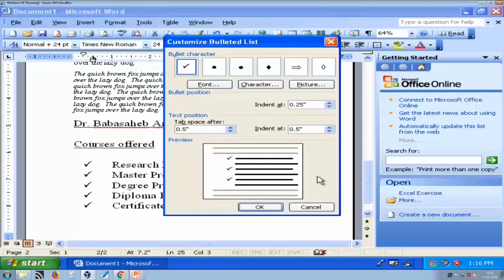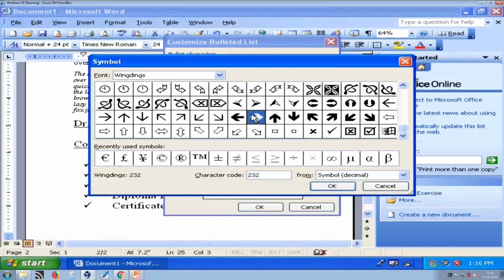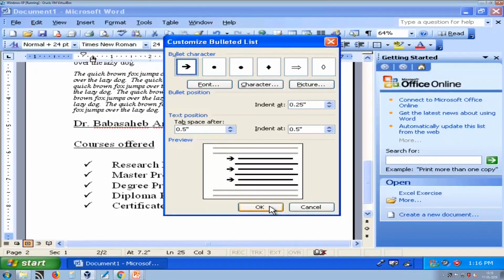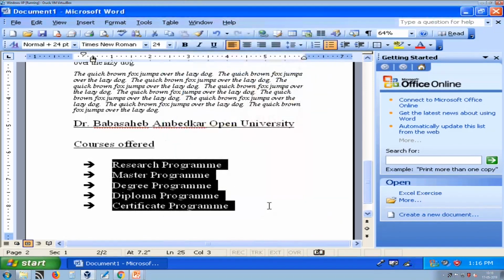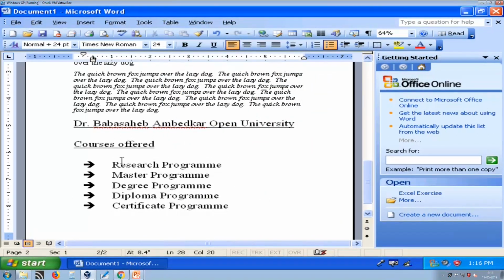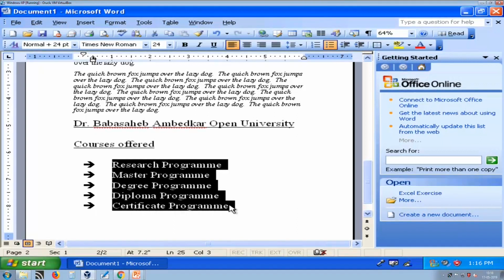Here I can press customize, and from here I can select a particular character like this. Remember, these fonts must be available on your computer. You may have a different list also, so you have to remember that.